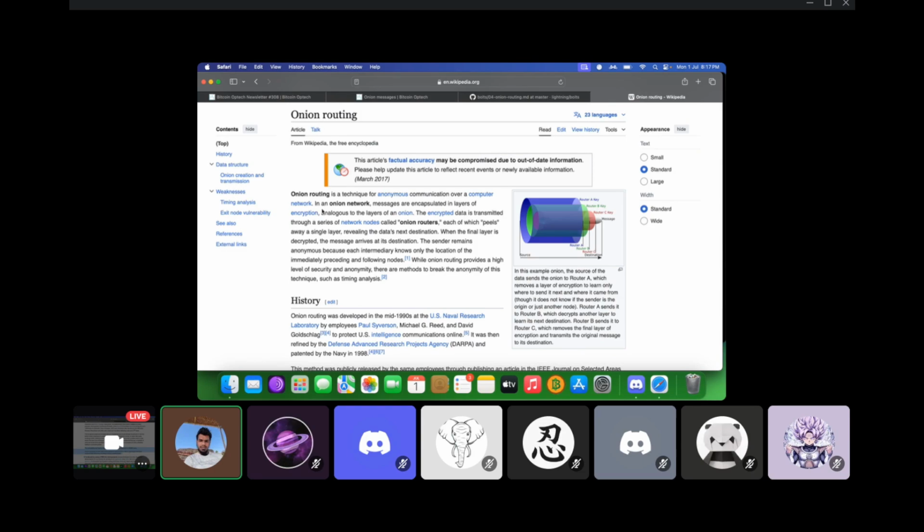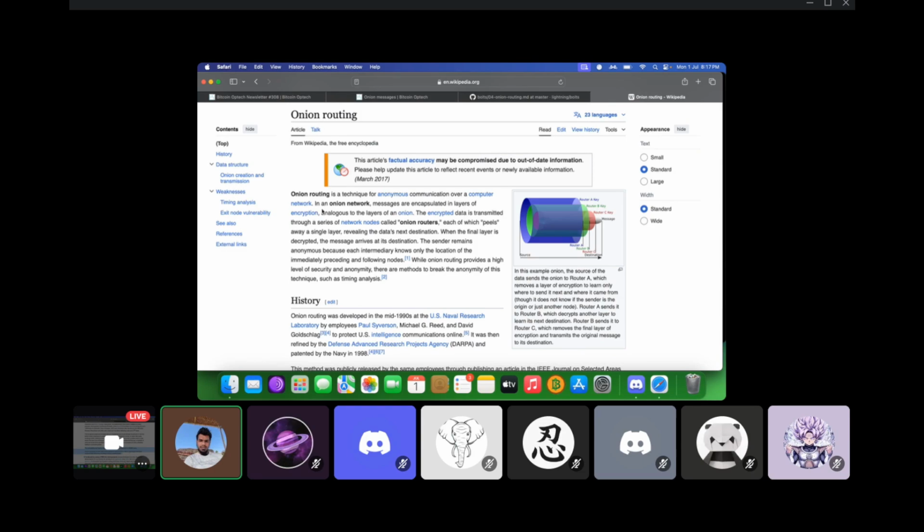Why? Because all of us have seen what an onion looks like, right? The onion has various layers, you peel the layers of the onion. The message is not only intended for one person. The message first needs to go to Charlie, Charlie will then send the message to Dan, and Dan will then send the message to Bob. It is important that every participant in this routing only gets access to information that is specific to him. Charlie only needs information specific to him, Dan only needs information specific to him, and Bob only needs information specific to him. So how do we ensure this? We ensure this using onion messages.